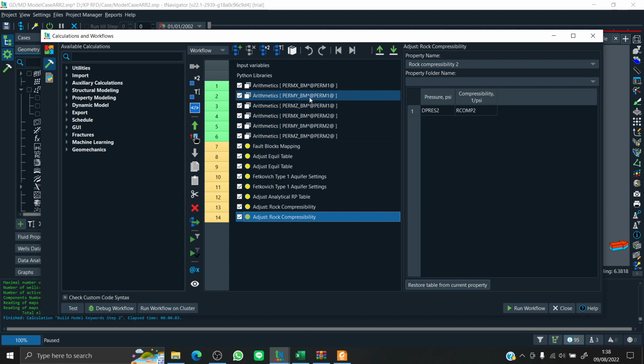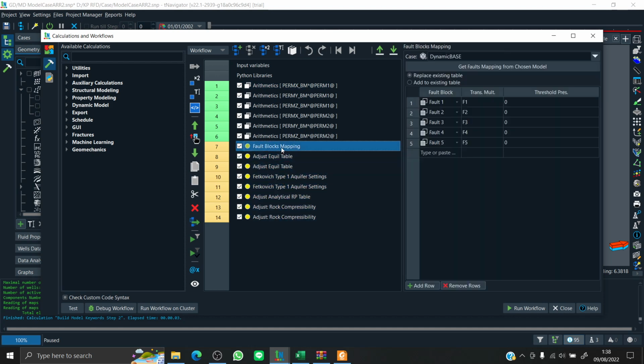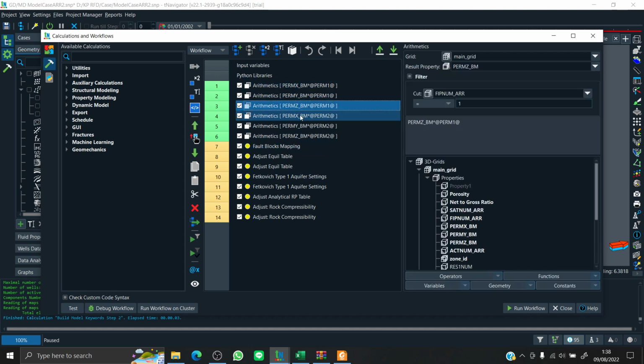In terms of assisted history matching, we are going to adjust the parameters. A lot of the workflow is adjustment types or settings, but for some of it, especially the grid properties like permeability, we have to do the arithmetic or calculation.